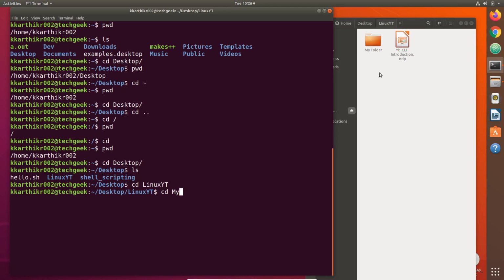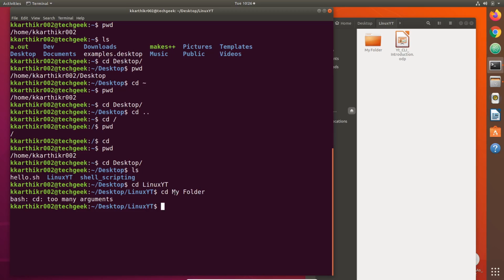Just type cd my folder and hit enter. If you see here, it is giving an error, too many arguments. What the shell is interpreting here is that my folder is not a single argument.